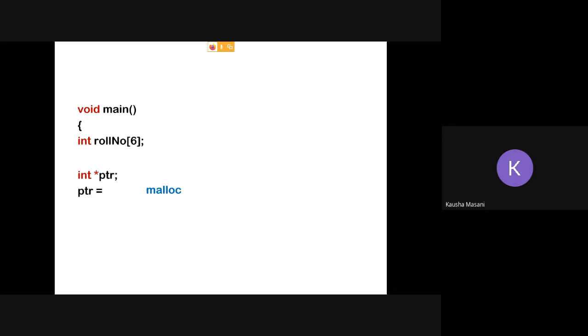Malloc, first we are mentioning here malloc. Size we are giving here as 6, and the data type of my pointer is integer, so in front I'm going to write integer star. When you are writing the program, you are not going to write like this, malloc, then 6, then integer star. You are writing it as ptr equal to integer star malloc 6.